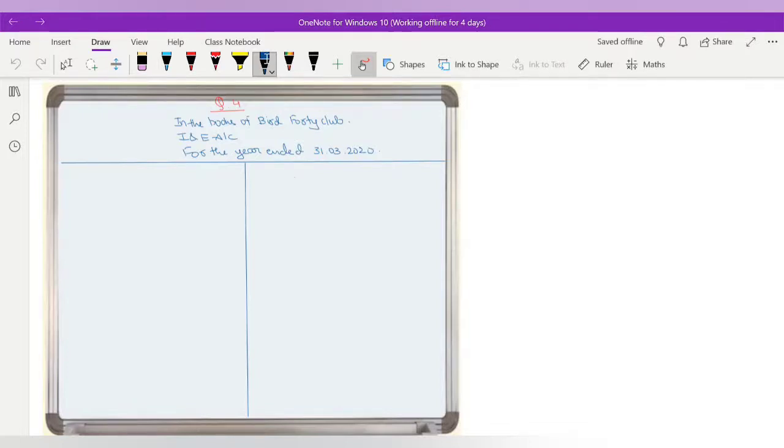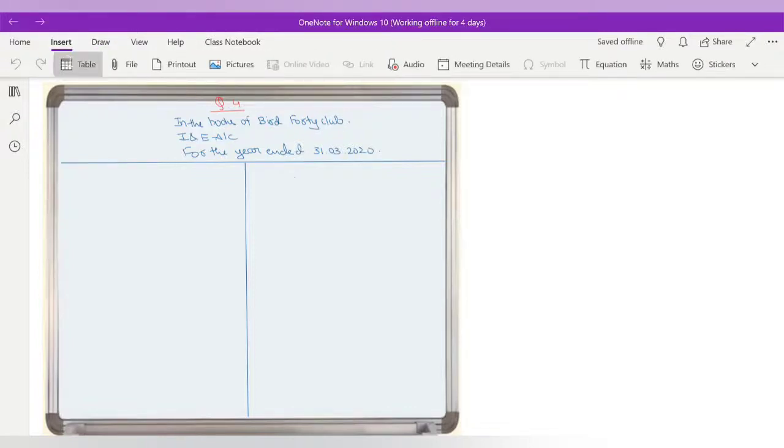Put a star mark over that sports equipment, salary and wages and subscription. Then capitalize 50% of the entrance fees. In entrance fees, mark a star mark there. Okay, 50% is to be treated as a revenue item, then it will be treated in the income and expenditure account. Prepare the income and expenditure account for the club from the above particulars for the year ended 31st March 2020. So we have to prepare the income and expenditure account with this information. So let us start.